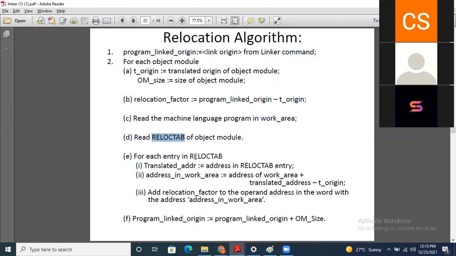So definitely you also have to translate those addresses. The translation of those addresses is just explained in these three rows. For that translation, you need the address of work area plus translated address minus translated origin.